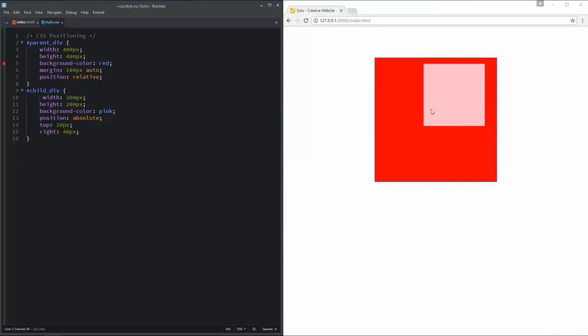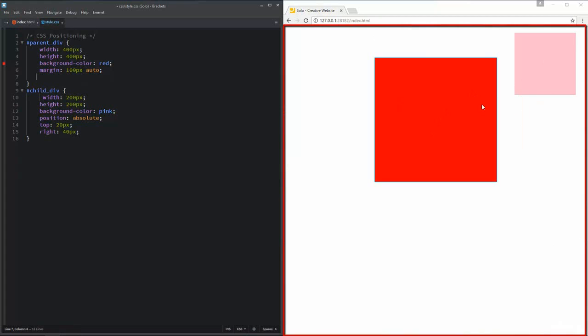So now we are inside here, and you can see that many options would be available to you, like positioning things within your footer, header or any other element on your web page. You could precisely position something absolutely, and the key to that is adding position relative to its parent div. If I remove that position relative from the parent div, now you can see that it goes back to being relative to, or in relation to, this entire page.